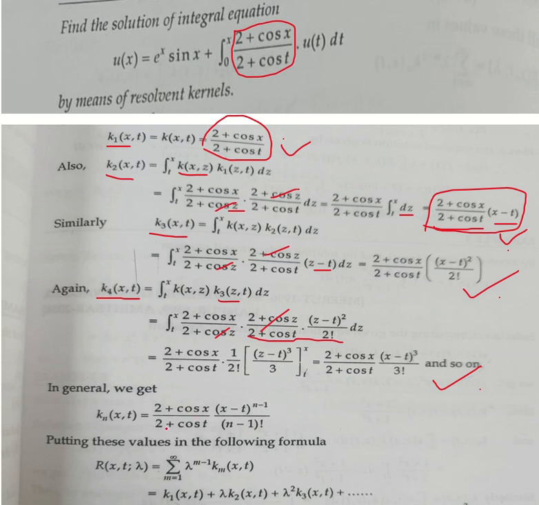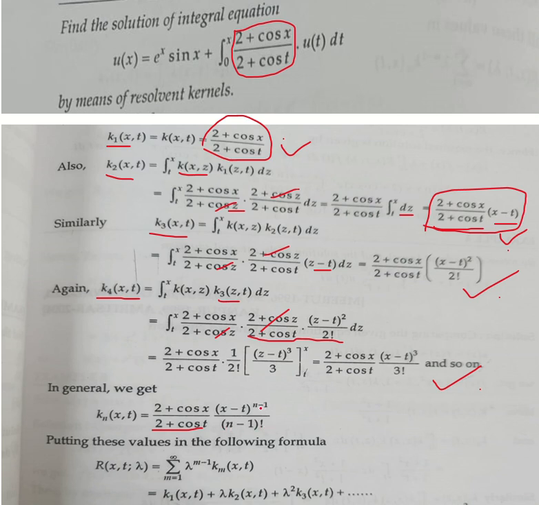cos t is common. So we have written this outside. And then here you see denominator, there is nothing. It means 0 factorial. Here, sorry, in k1 there is nothing, so you can say 0 factorial, because 0 factorial is 1. Here in denominator there is nothing. You can say it is 1 factorial, then here 2 factorial, then here 3 factorial, and so on.